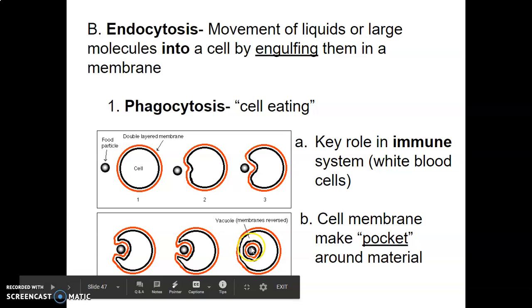Okay, and now it's been engulfed. A vacuole forms around this membrane or this particle. It will then take it wherever it needs to go in the cell. It'll get broken down or used for some type of energy inside the cell, but it's gone against